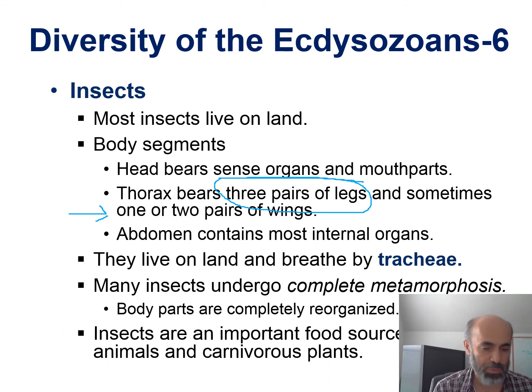From larva it becomes pupa, and from pupa it becomes a young adult, which is completely different from the pupal stage. Insects are a very important part of the food web, and they are a source of food for many other